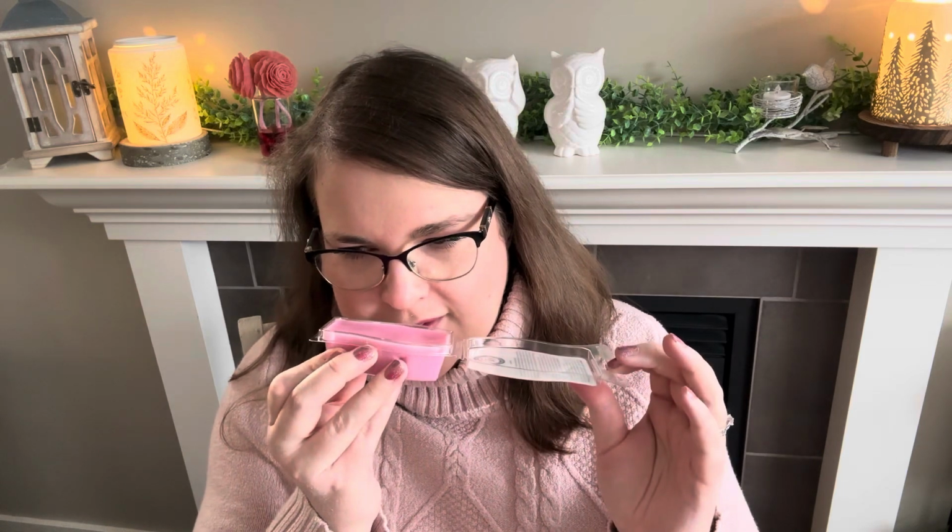That sugared musk shone through after a few hours and carried the scent. It was gorgeous. Yes, I loved this the longer it went on. Now, again, when I first put it in my daughter's room, I couldn't really smell it at all. In my room, we could smell it with double the wax, kind of just